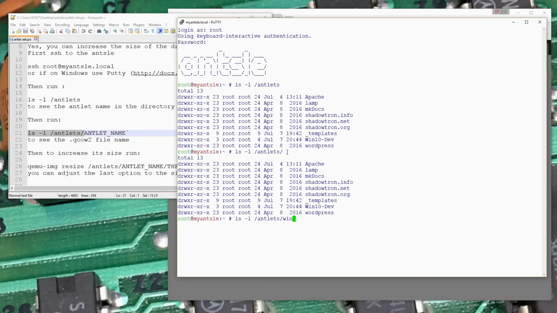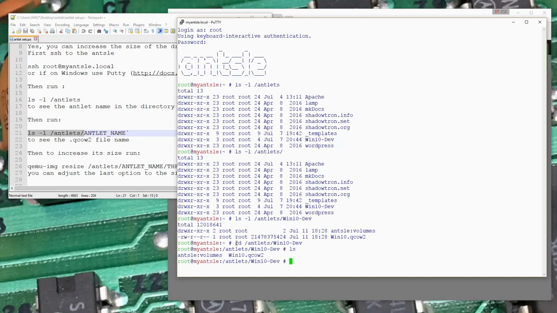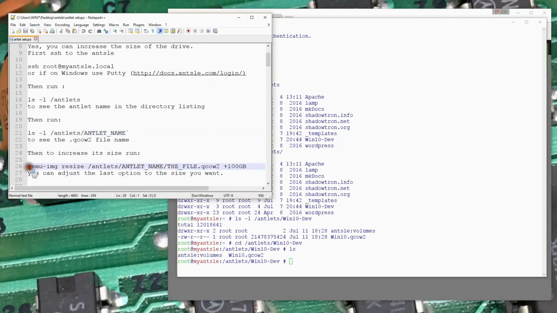And there is the, okay, in Win10, so that makes sense. So I'm going to go ahead and just change into here, antlets, Win10. So there is the volume for it, and it says we can go ahead and do a qemu-img